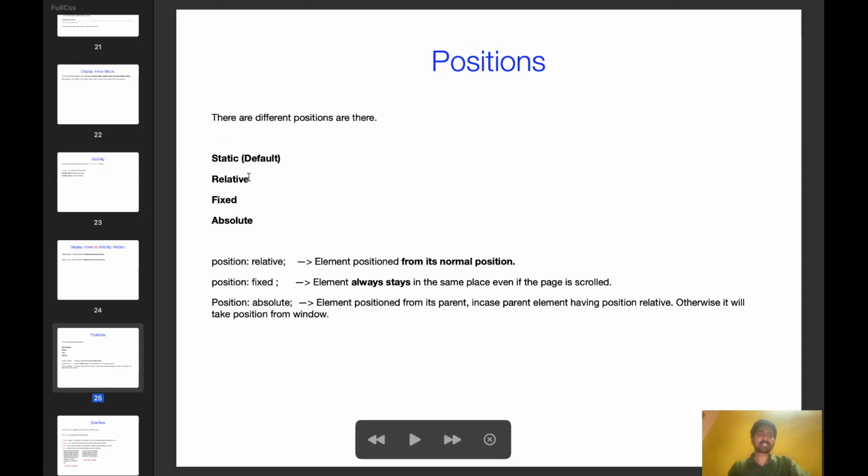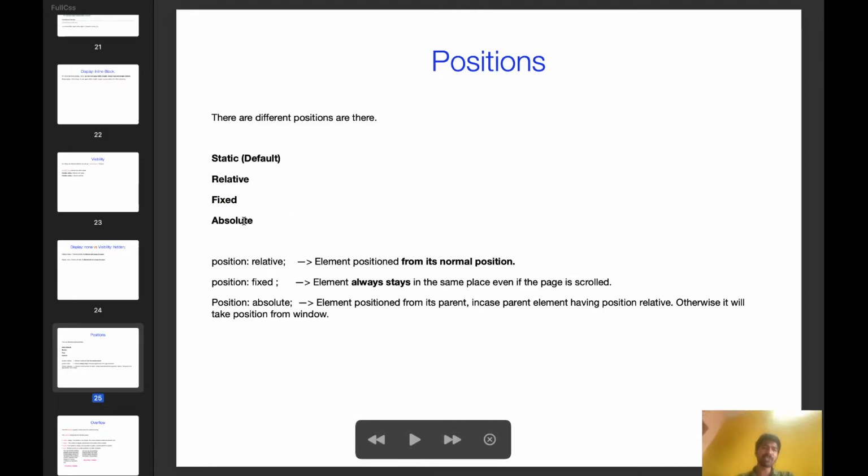It will display always, it will not move anywhere. Position relative means from the existing place, from the normal position, you can move the element using position relative. Position fixed means if we scroll the browser also, that element will stay, that is a fixed element.